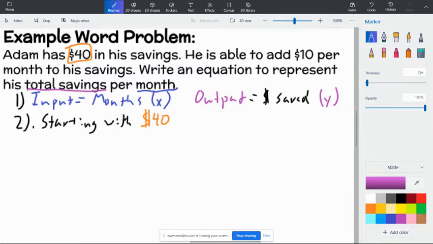And the last thing we're going to look for is how much it's going up or down per something. So if you look at it, it says per month. We're trying to figure out how much it's going up or down per month. If you also look, it's saying that Adam is adding, okay, so Adam is adding how much? $10 per month. Okay, so step 3 here is going to be plus $10 per